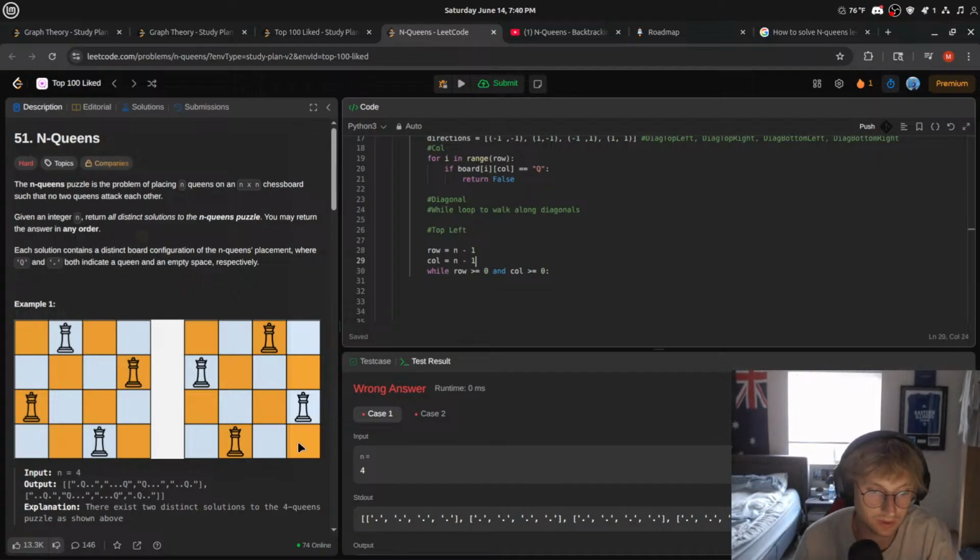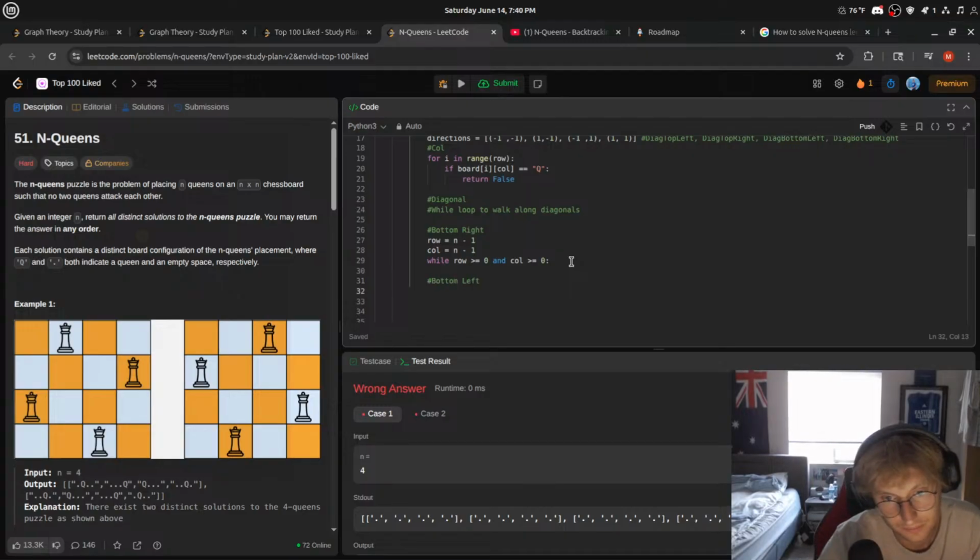Okay, n minus 1 is down here. So what would here be? The left diagonal. This is bottom right. We'd obviously want to check our bottom left, so our row would be equal to n minus 1 and our col would be equal to 0. While our row is greater than or equal to 0 and our col is greater than or equal to 0, we want to check, well, if